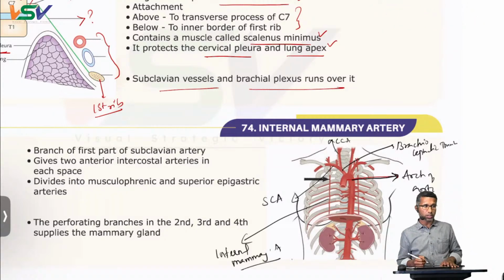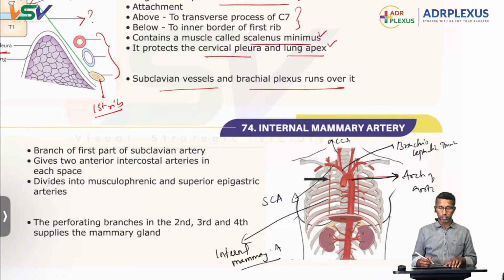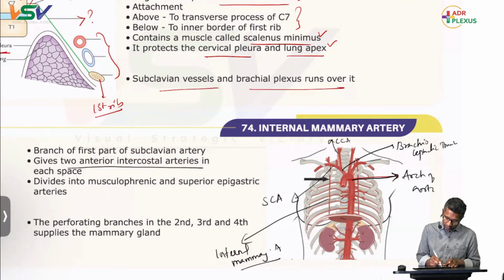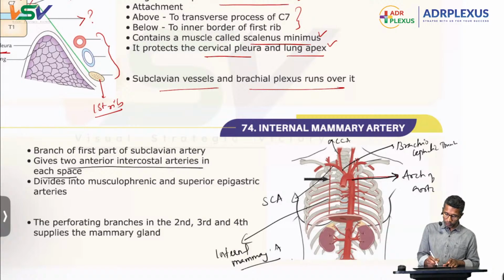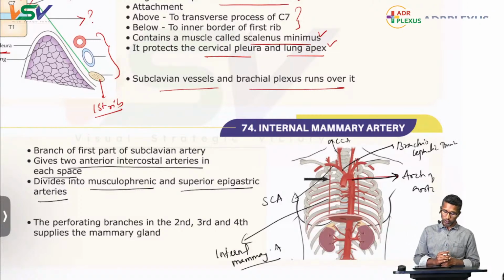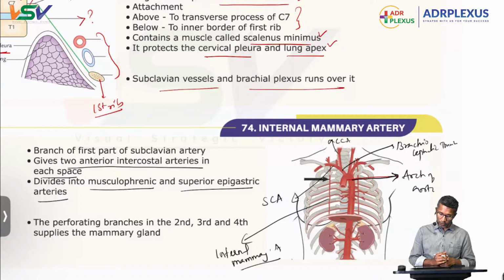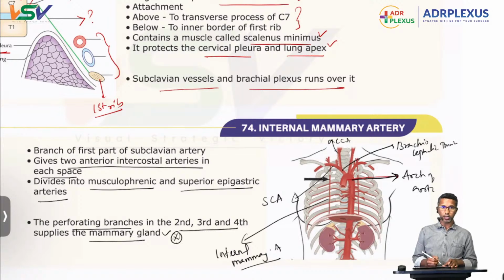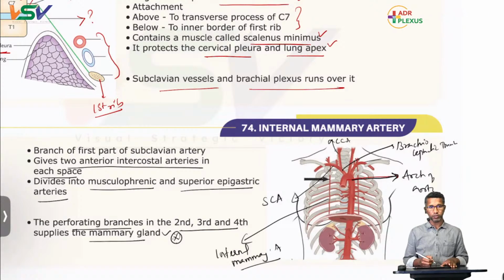Okay. So remember, this internal mammary artery runs behind the ribs, and it gives two anterior intercostal arteries in each space. Finally it divides into the musculophrenic artery and the superior epigastric artery after crossing the sixth intercostal space. This artery also gives rise to perforating branches in the second, third, and fourth intercostal spaces, supplying the mammary gland,